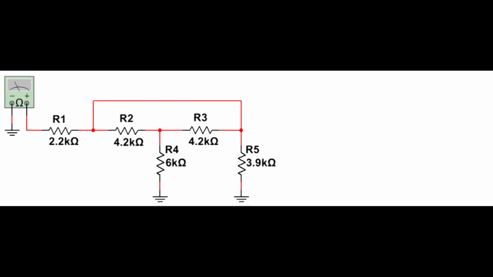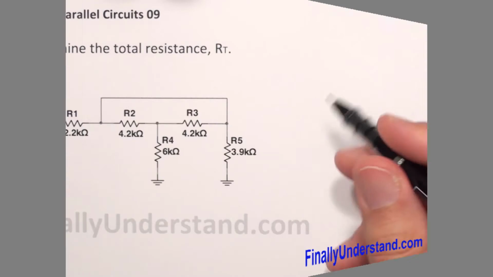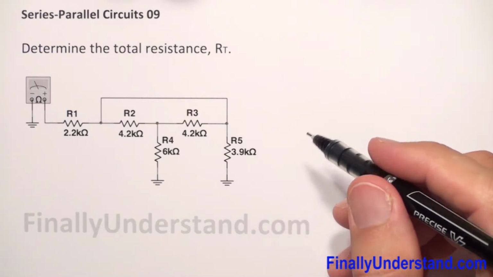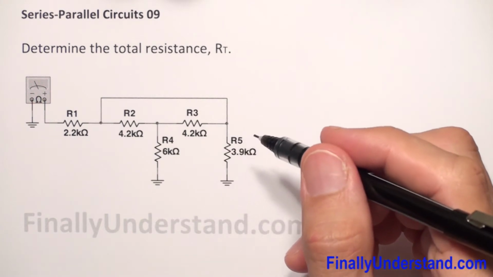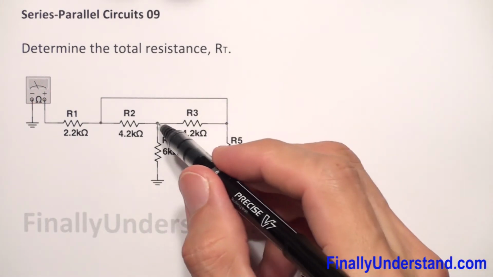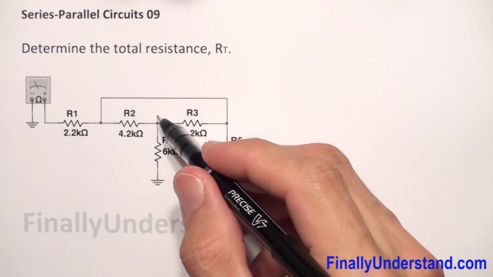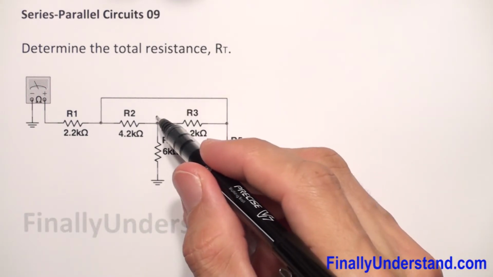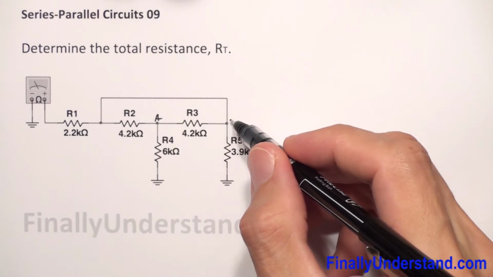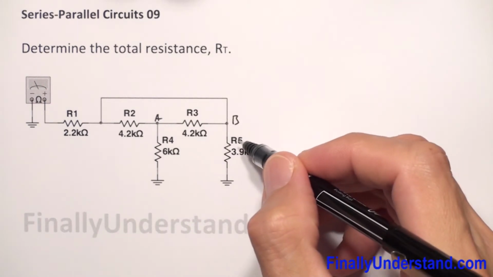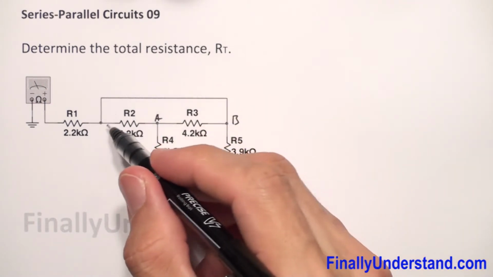There are many ways to solve this problem. You can redraw this problem in a few different ways, but let me show you my way. Okay, so I'm going to call this point my point A. This is my point B. Okay, so this point B is also this point,